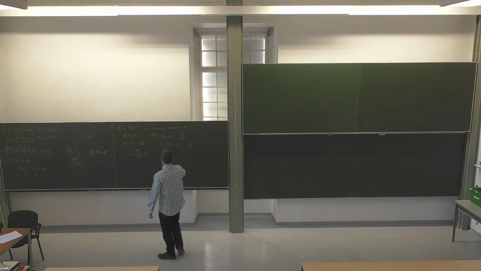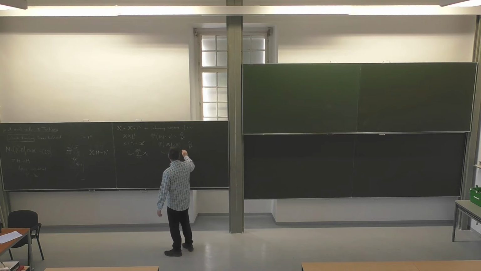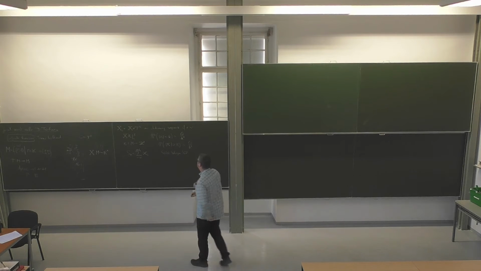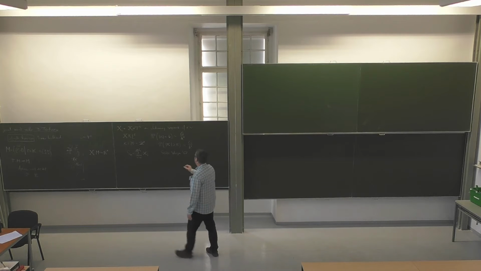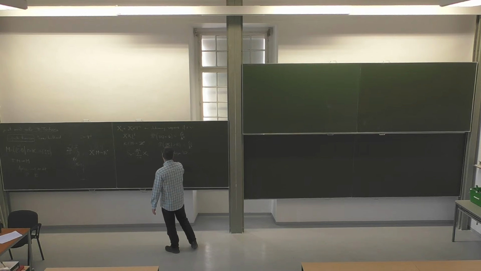So the result by Szász and Varjú from 2007 is that Sn over, and here I do not put square root of n,